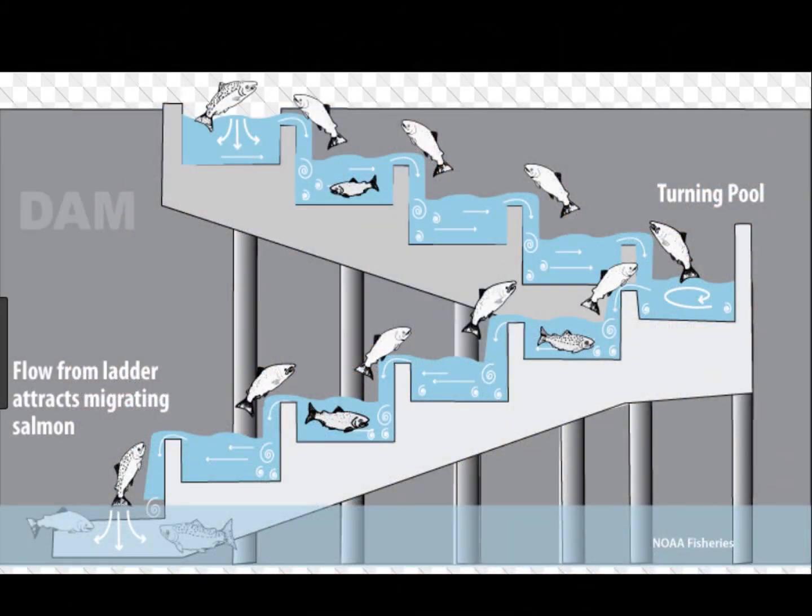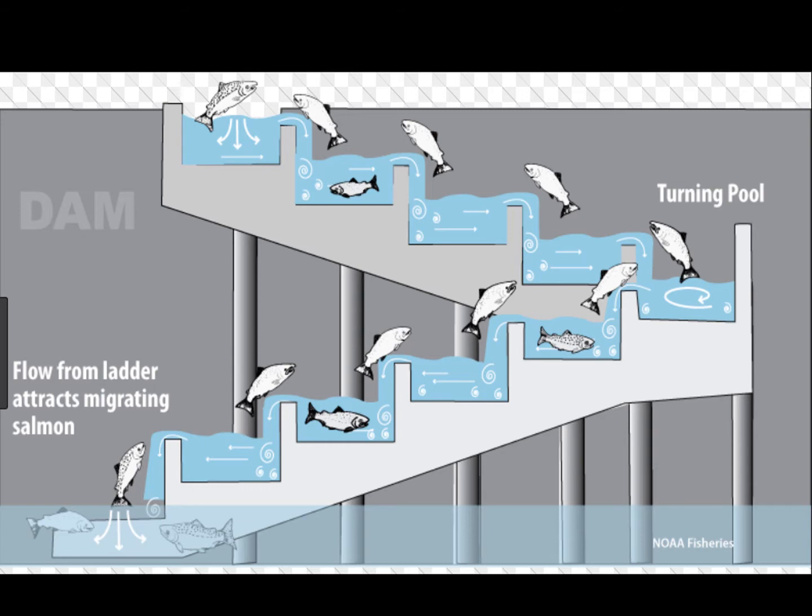So one of the negative things about a dam is that it does potentially block migration of fish. Some species of fish, like salmon or trout, steelhead trout, like to return to the river that they were born in to lay their eggs and obviously reproduce and populate their populations. However, if you put a dam in the river that they return to, they can't get upstream to lay their